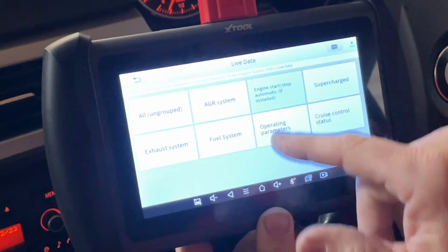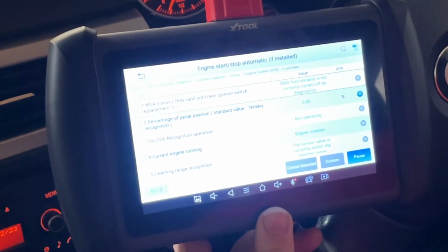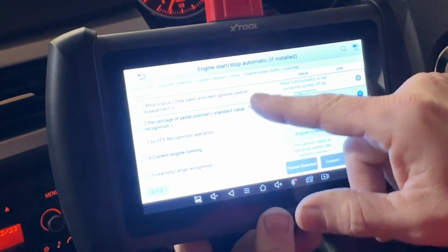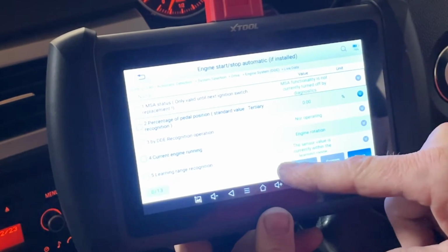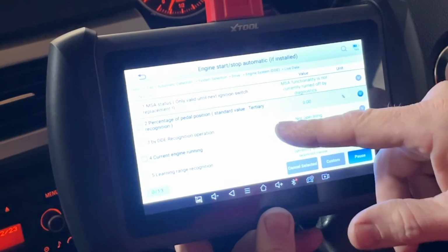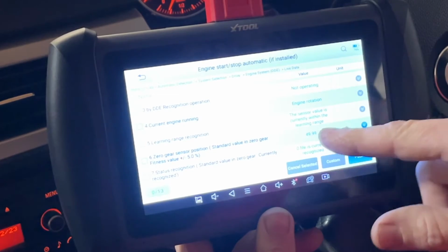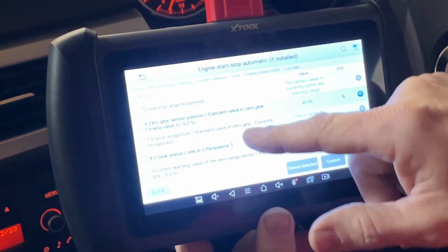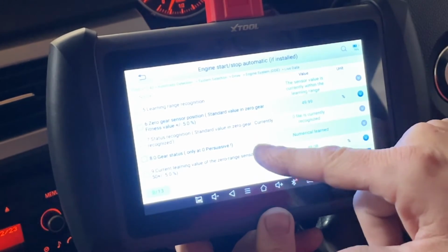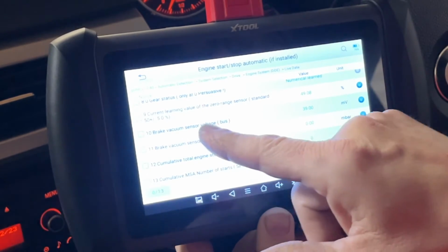Let's have a look at the engine stop start, see what that says. On some vehicles you can actually disable the stop start system. So it's giving us information there that is all to do with the engine stop start, things that it looks at: engine rotation, gear position, brake vacuum sensor,